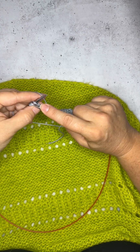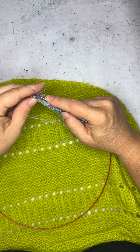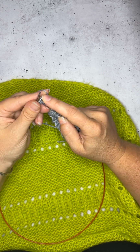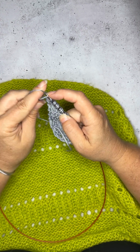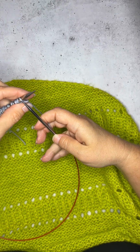Checking to see where I'm at. So we have another brioche knit here, and then we will do a slip one yarn over, knit one, slip one yarn over, knit one. So turn back to our right side,